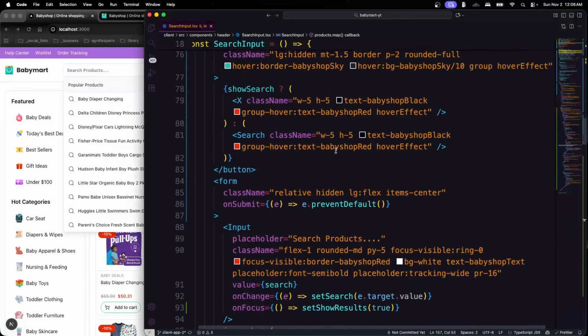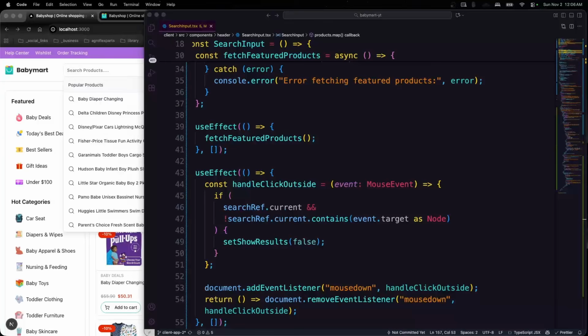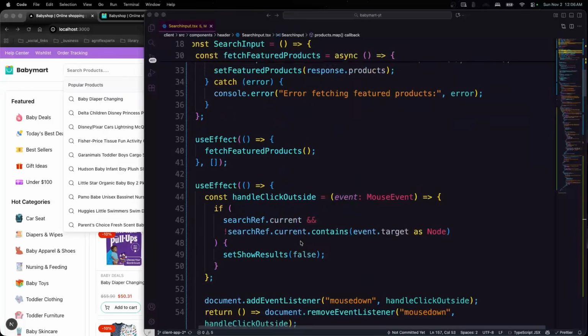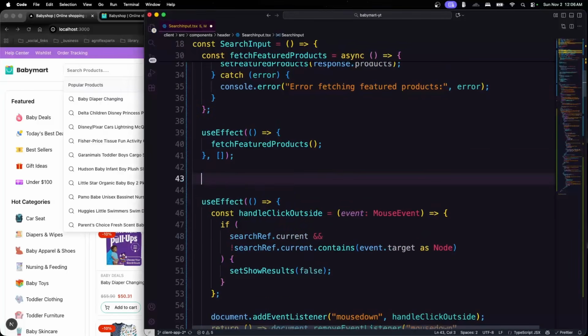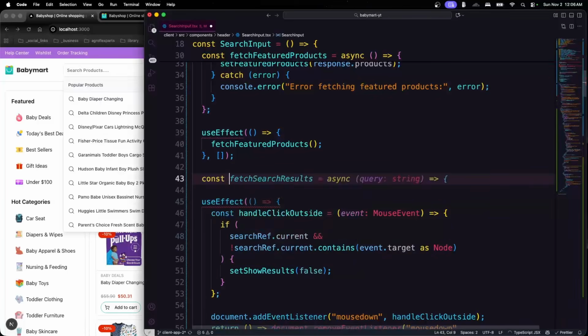So right now, as you can see, nothing is happening, because we don't have any function properly aligned to fetch the products. So how can we combine that? To implement it, especially to fetch the products, we need to go through a certain kind of process here. So after that, we can simply grab a function, const, let's say, fetch